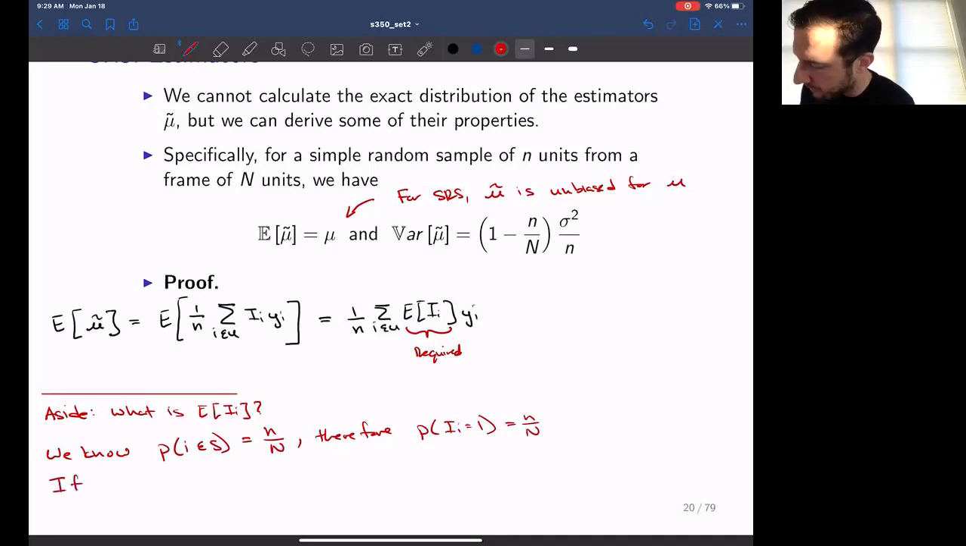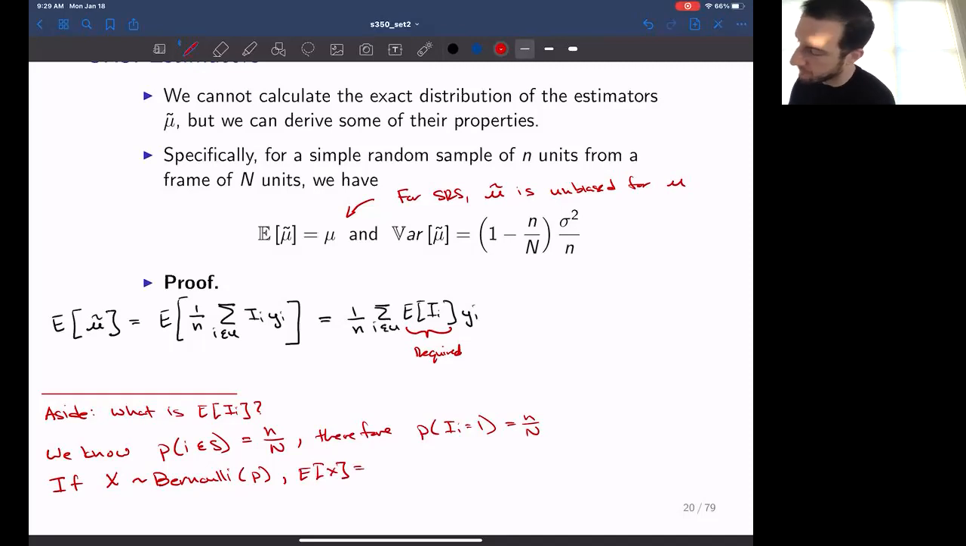so if capital X is Bernoulli, with probability of success little p, then we can write that the expected value of capital X is equal to the sum across x times the probability of x, which is actually just the formula for the discrete random variable. But I didn't define the values that X takes on, so it makes more sense to write it in this way. So therefore,